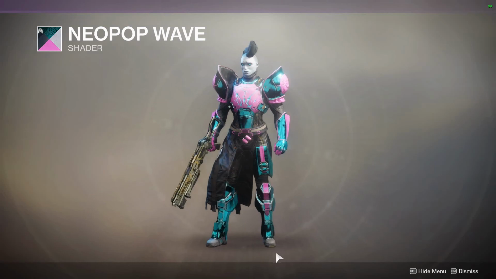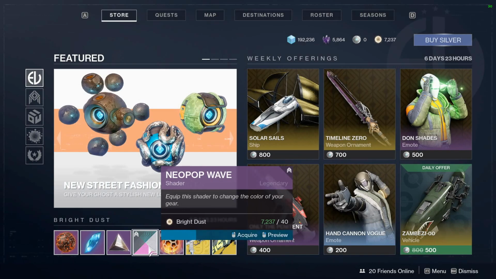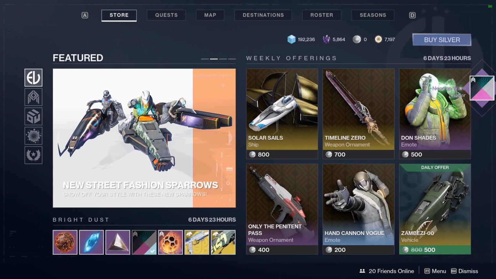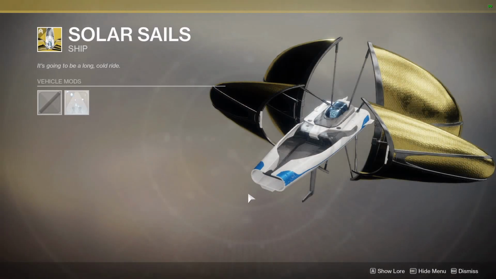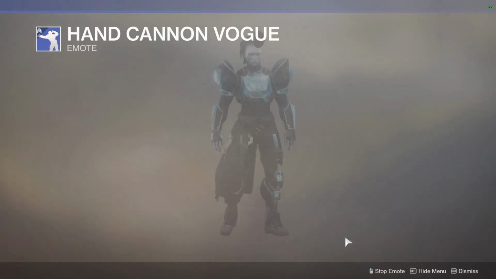That's a very loud shader. I think this is probably the loudest shader in the game currently. If you want to be flashy and let it be known where you are, definitely pick up the NEOPOP Wave. I'm going to pick it up just because it's absurd. For silver this week, if you're looking to spend some silver, we have the Solar Sails ship. This will be for sale for Bright Dust sometime throughout the season, just not right now. We have the Hand Cannon Vogue emote,